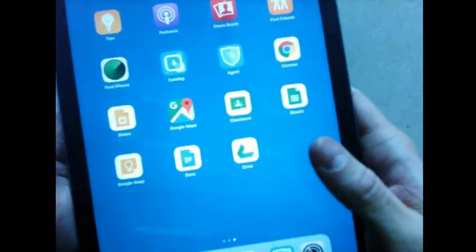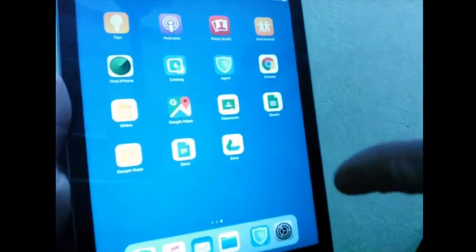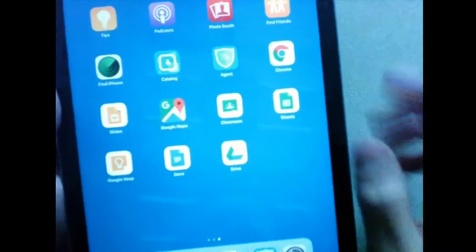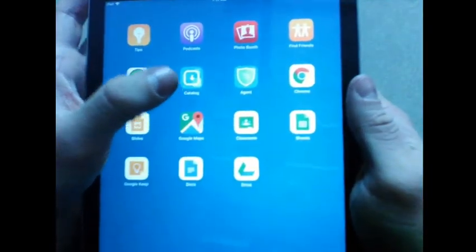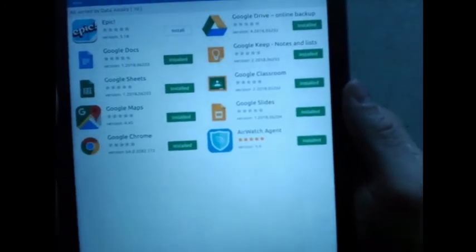So with AirWatch, you actually have two ways of deploying an app. As you saw when I wiped this thing and brought it in, it got all these different apps automatically, right? But you can actually even offer a catalog. So you can put apps to be on demand or optional for the users. So if I go into the catalog, it'll show me all the different apps that I've made available for somebody to choose to deploy themselves.